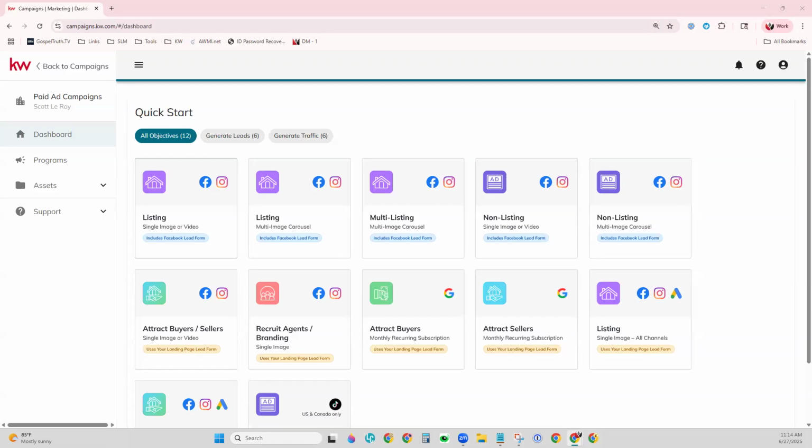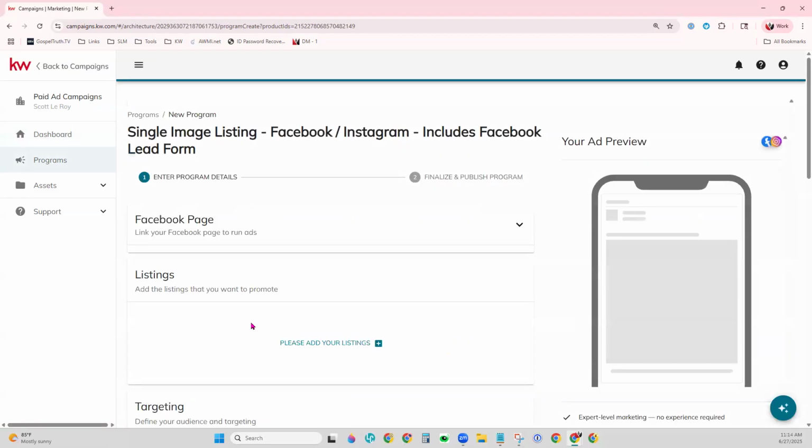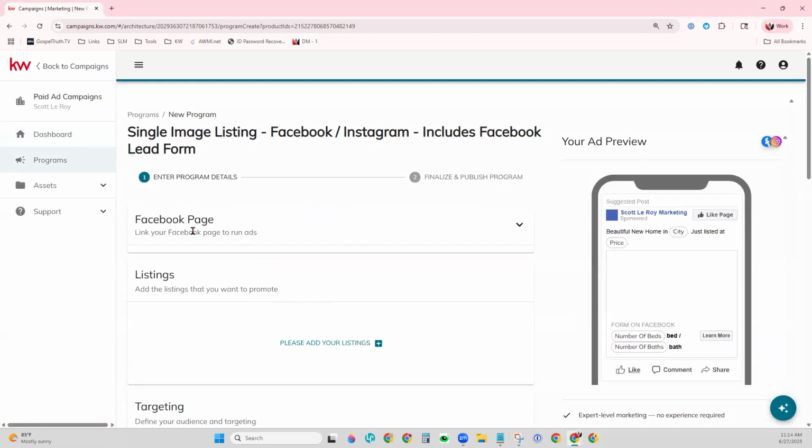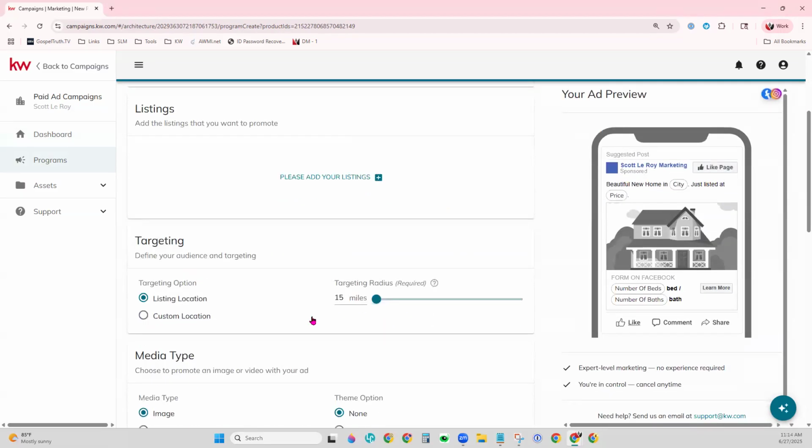So I'm just going to show you where the automation options are here within your paid ad. I'm going to click into usually the most common paid ad, this listing with single image or video right here. So I'm just going to open this. When you're building out your paid ad and you're filling in these sections, when you come down here,